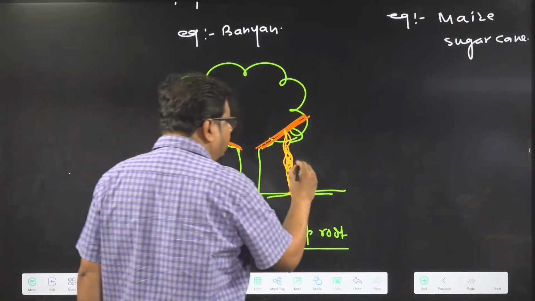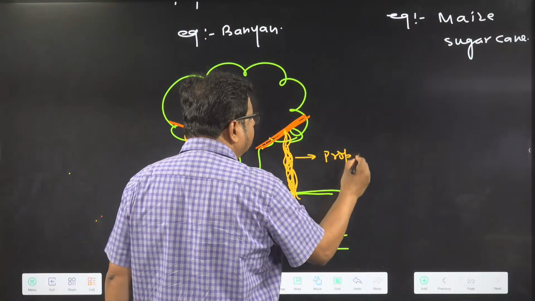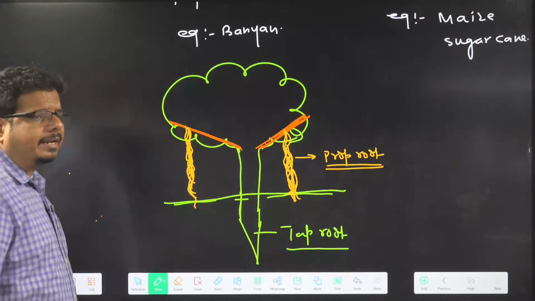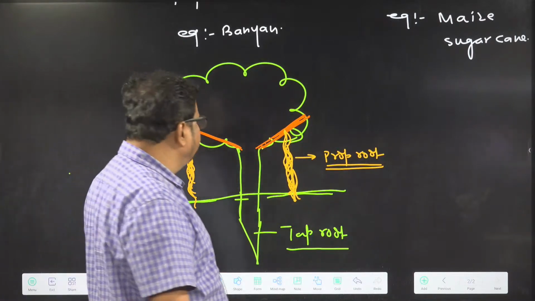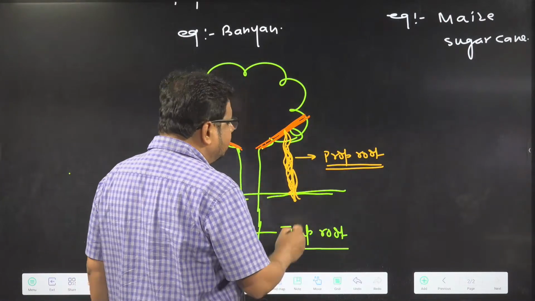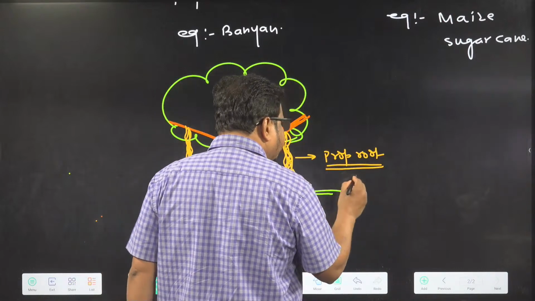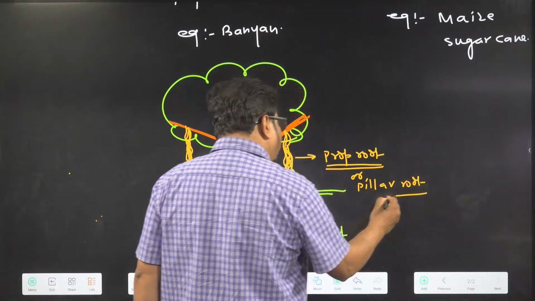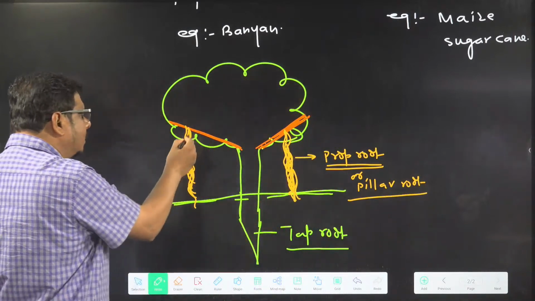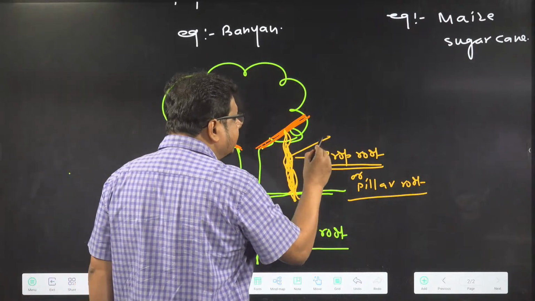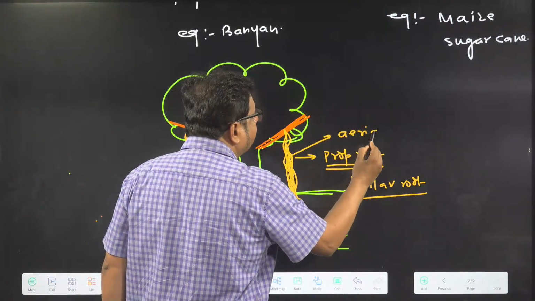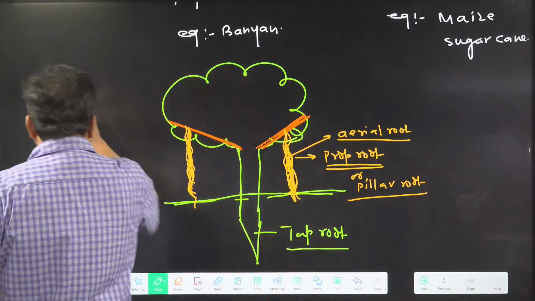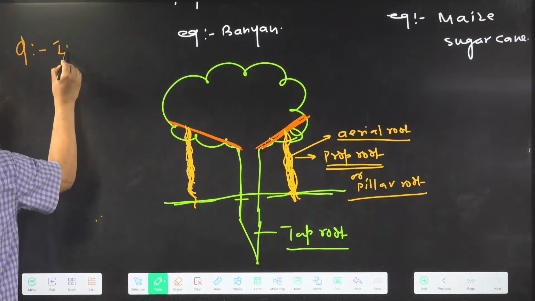Getting the thing? This particular root is called which root? Prop root. And it is an adventitious root because it does not arise from the radicle, it arises from a part of the plant other than the radicle. So this is also called pillar root. It provides a pillar-like structure, providing reinforcement and support to the plant. And this prop root is which kind of root? Aerial root. So the examiner can ask a question in the NEET exam, in banyan,